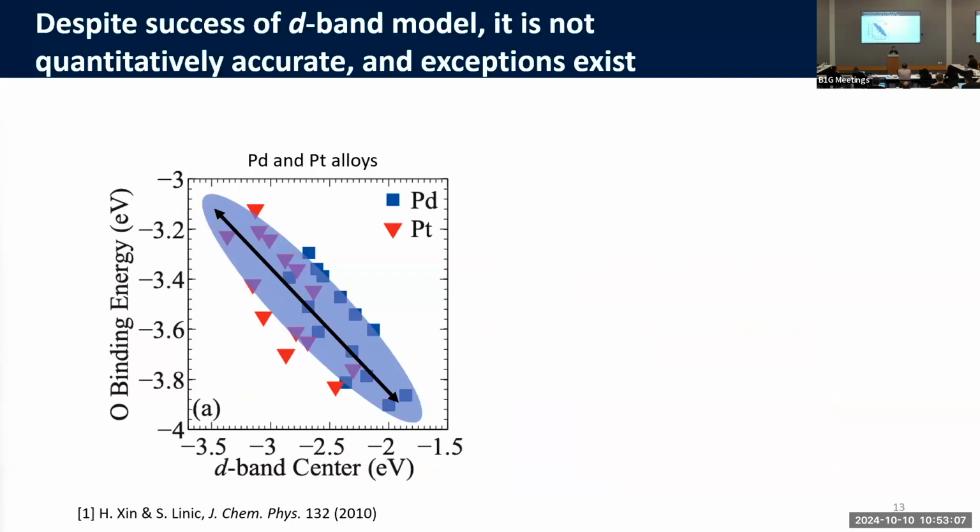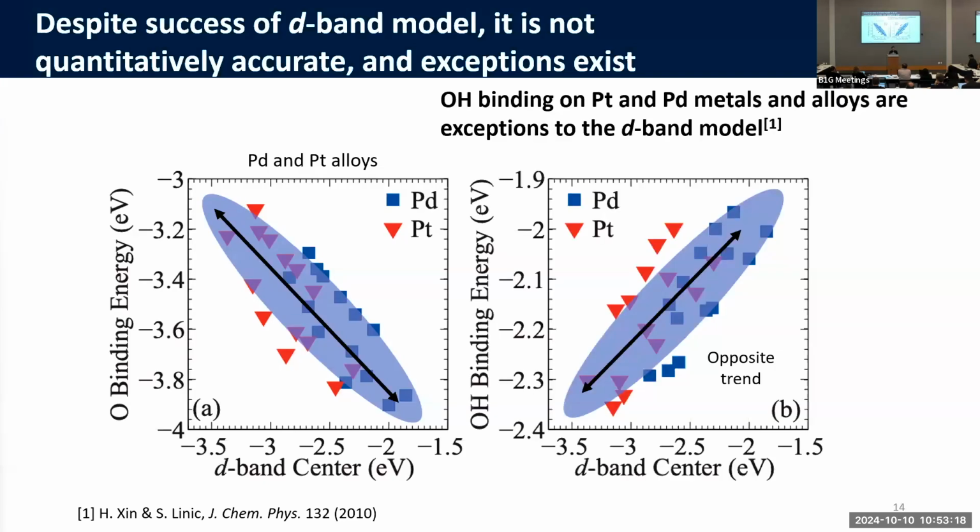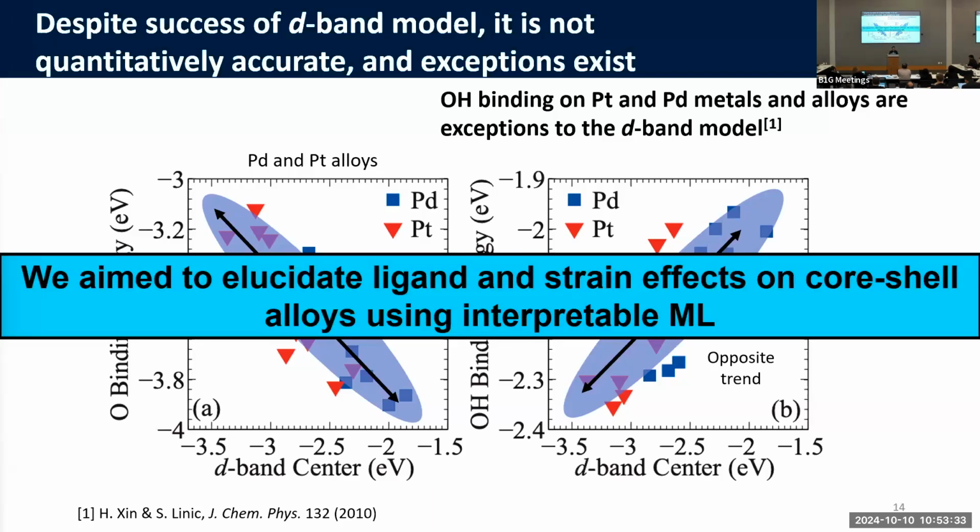Hong Liang and Suyo have looked at these types of systems extensively, studying them more than a decade ago. And it's qualitatively accurate, not quantitative. But sometimes you get a completely opposite trend, right? And this is kind of what stemmed the initial question of, could interpretable ML help with this? So OH binding on platinum and palladium have the opposite trend. So here I'll show you how interpretable ML can shed some insight on why you might have these opposite trends